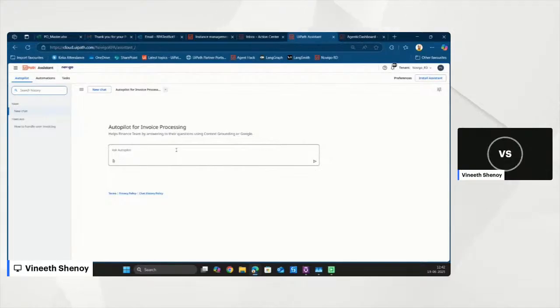There could be tens or hundreds of policies, and for the finance team, going through each of them whenever human intervention is involved is quite difficult. So the person can directly ask over here, for example, how can I resolve over invoicing?